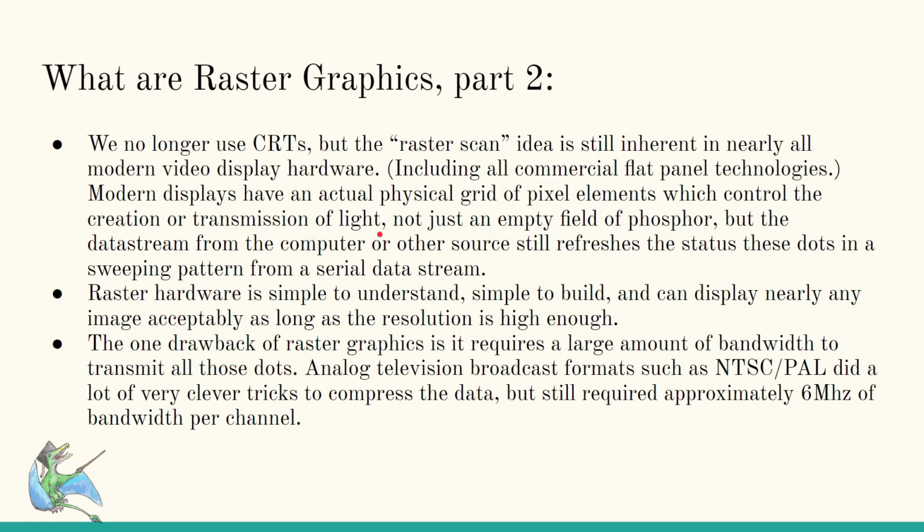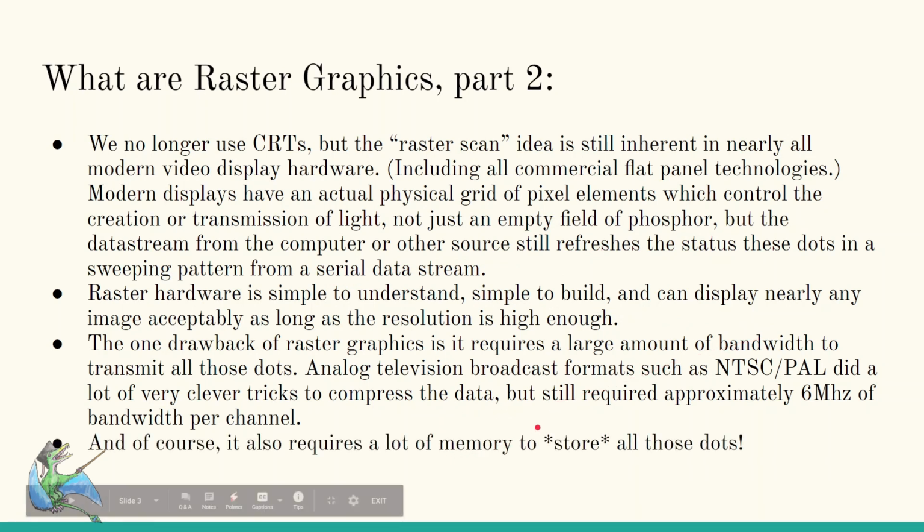If you want those pixels to update fast enough that it looks like continuous motion, or in the case of a CRT, those pixels will rapidly fade to look like a stable picture, you will have to be shoving literally millions of dots through a serial channel at the display per second to make it work. So